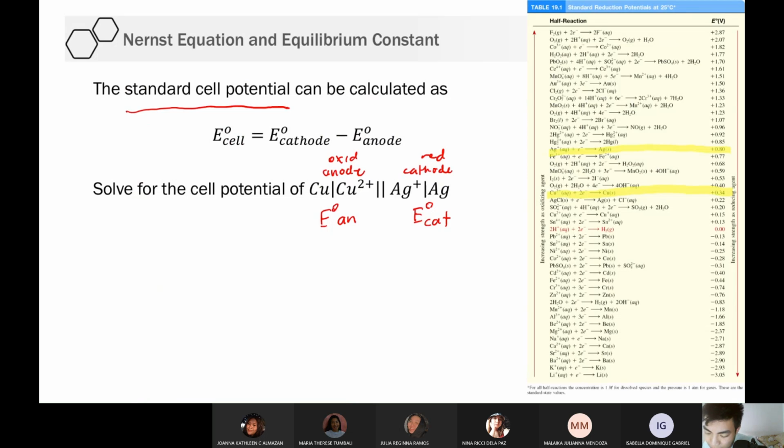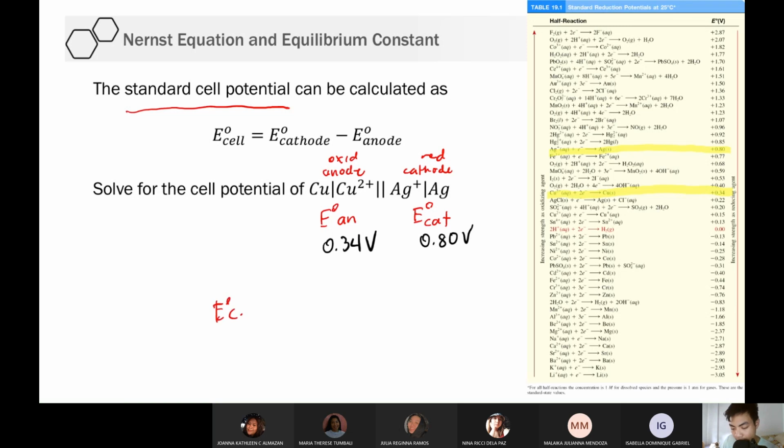So, according to the table, yung copper, which is our anode, it has a potential of 0.34 volts. And yung silver plus 0.80 siya. Okay? So, yan. So, ano na lang gagawin mo? Since you know the cell potential of this side and that side, plug in mo na lang dito sa equation. Okay? So, just plug it na lang.